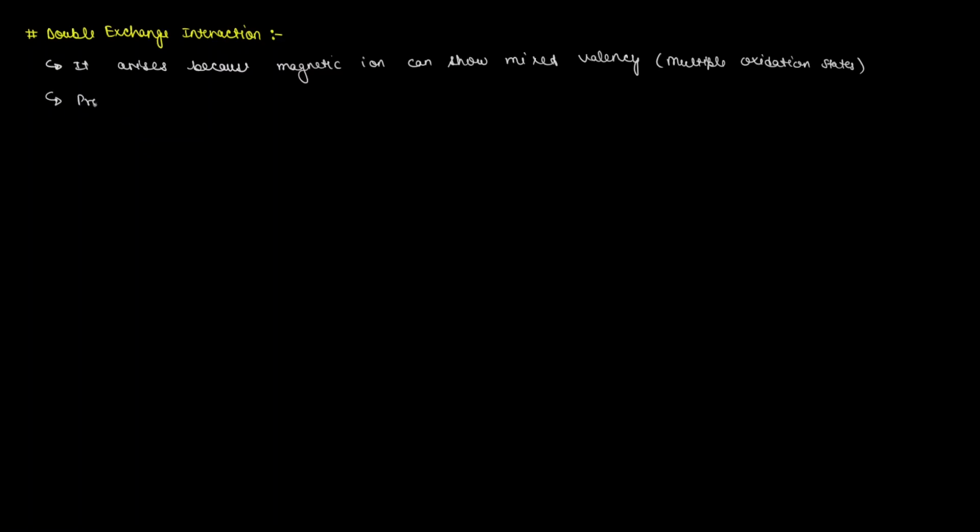It was first proposed by Clarence Zener, who also gave the theory of the Zener diode. The common example of a magnetic ion which can show mixed valency is manganese, which can exist in 3+ and